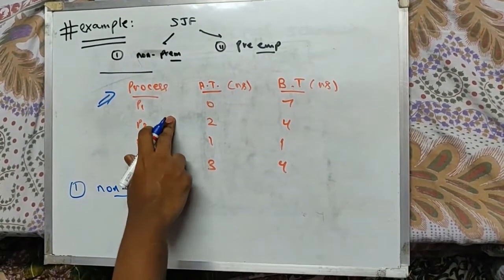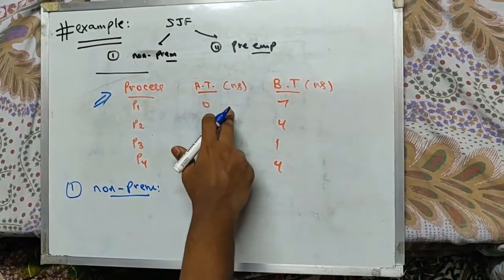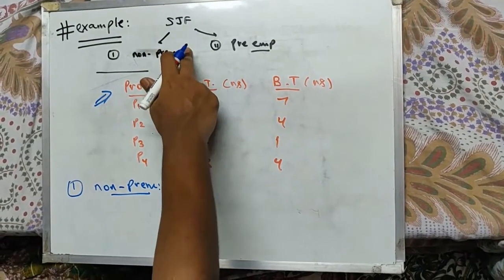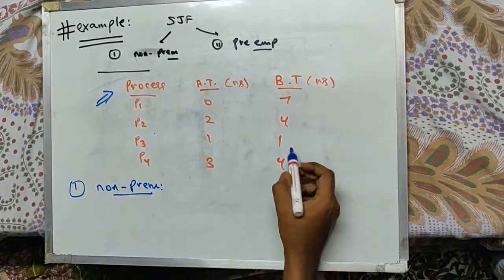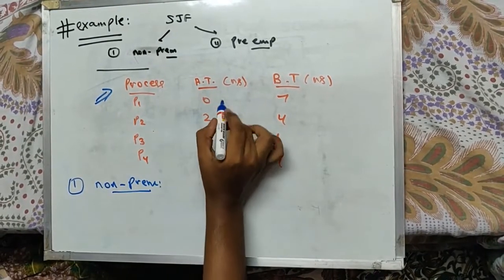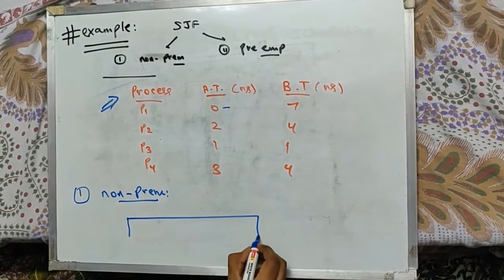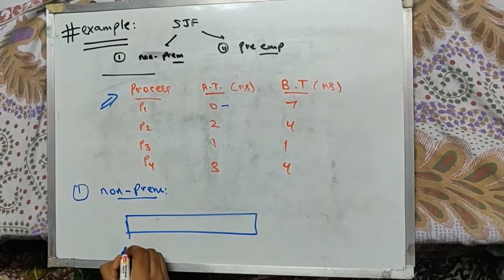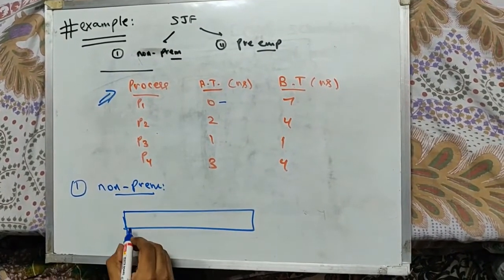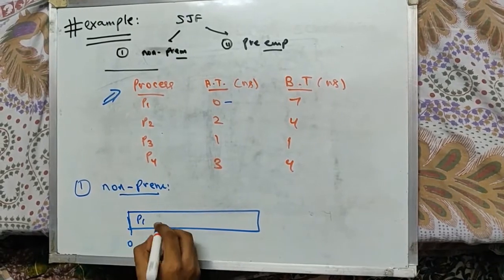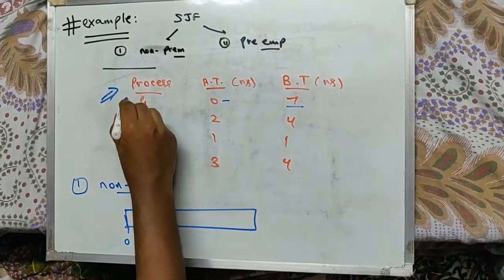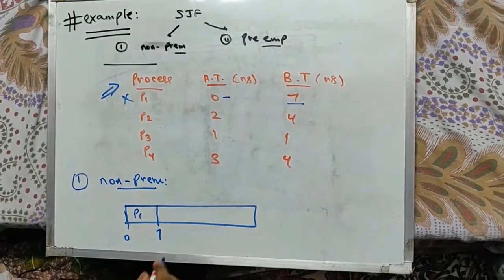We have been given 4 processes, with the arrival time and the burst time. Shortest job first means we take the one which has the least burst time, provided its arrival time is also given. So we draw a Gantt chart. At time equal to 0, we have only process 1 in memory, so that will start execution and go on till 7.